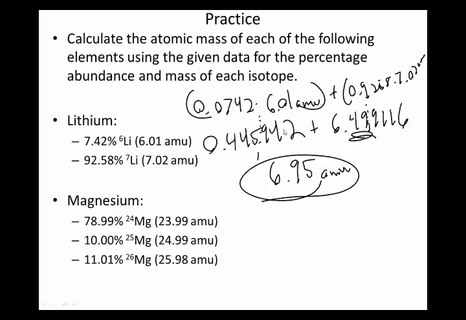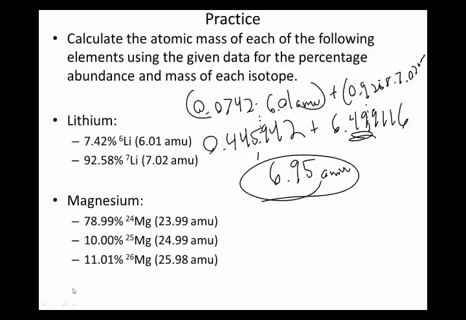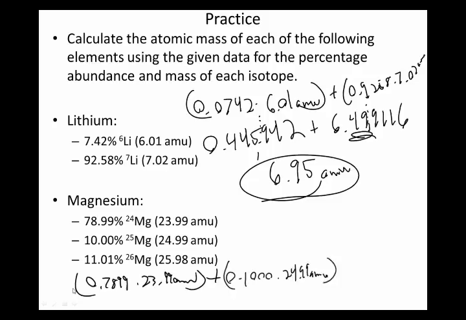I'm going to take 0.7899 times 23.99 AMU, right, plus 0.1000 times 24.99 AMU plus 0.1101 times 25.98 AMU, right? So 0.7899 times 23.99 gives me